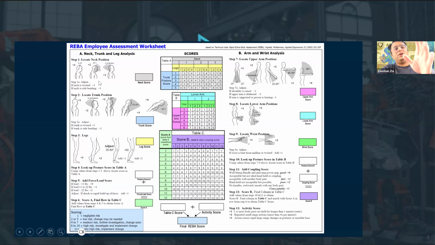You will look at the operator and you will try to estimate their neck position. If their neck position is between 0 and 20 degrees, you will put in a +1 in the neck score. If their neck is bending more than 20 degrees, you will put in +2. You will locate their trunk position. Is the operator bending more than 60 degrees? If so, you put in +4 here. If the operator is bending between 20 to 60 degrees, you put in +3, and so on and so forth,